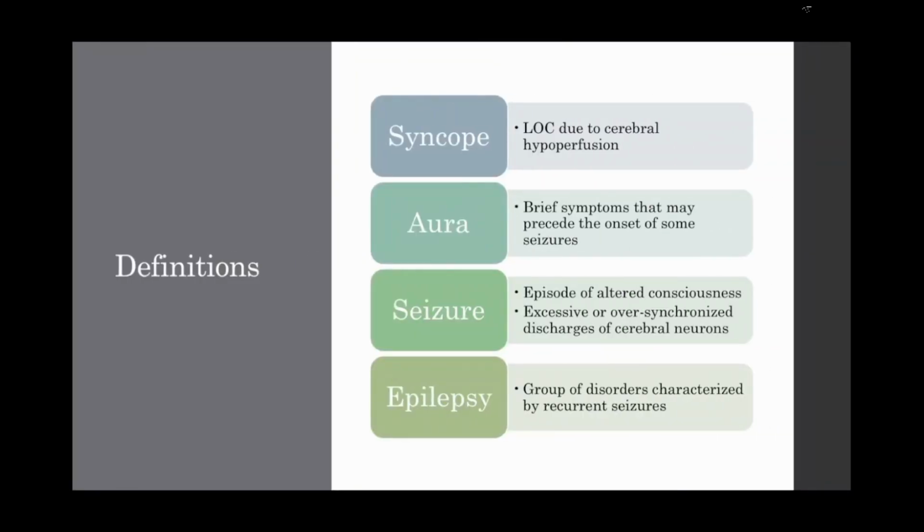Definitions to start. Syncope is just a loss of consciousness due to cerebral hypoperfusion. There's not enough blood in the brain, so we pass out, so gravity doesn't exist really, and blood can flow to the brain. An aura: brief symptoms that may precede the onset of a seizure. The seizure itself is an episode of altered consciousness, and then these over-synchronized discharges cause